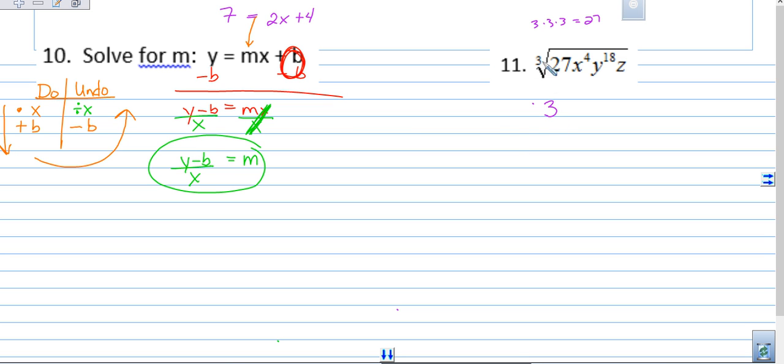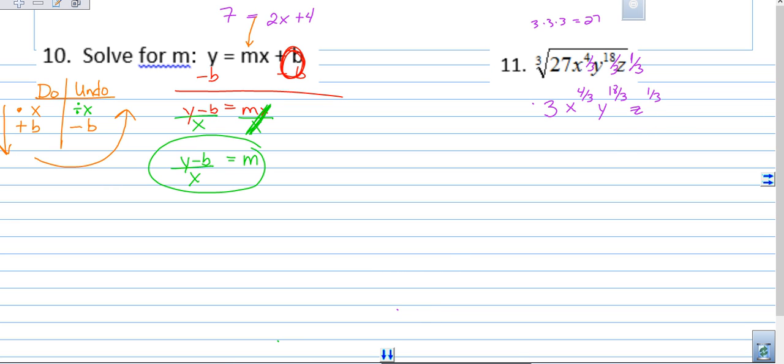Now, I told you that this is like the exponent division sign. So we're going to divide everything that's an exponent by 3. So we're going to take that 4 and we're going to divide it by 3. We're going to take that 18 and we're going to divide it by 3. And then we're going to take this understood 1 and we're going to divide it by 3. And so you'll get x to the 4 divided by 3, y to the 18 divided by 3, and z to the 1 divided by 3. And then you're going to